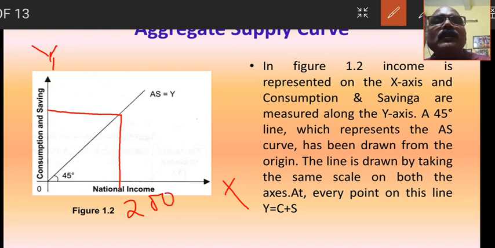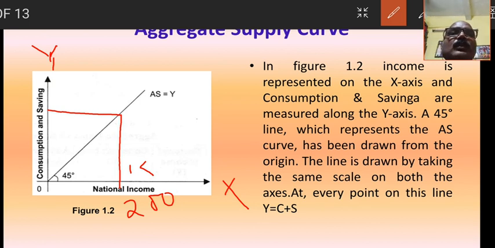So here our income level is 200. So this 200 means income is O, let this be J, suppose this is K. So OK is 200. Then let this be OP. So OP must be equal